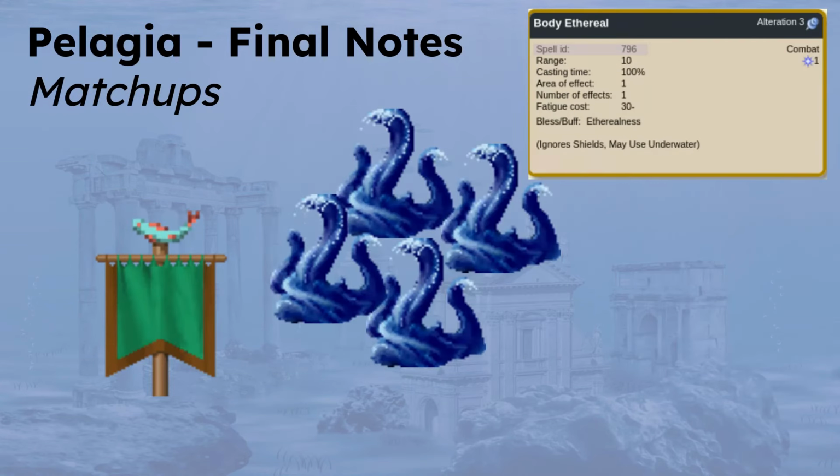Next one is Oceania. Now, Oceania is pretty difficult, I would say, for Pelagia to deal with. They have a lot of things similar to you. The main difference is that they don't have Astral, so I would really want to leverage the Astral magic against them. One thing you can consider is, while they can cast water elementals pretty easily, they can't do any real useful buffs for them. For example, Body Ethereal is super easy for you to cast, but they don't have access to it,